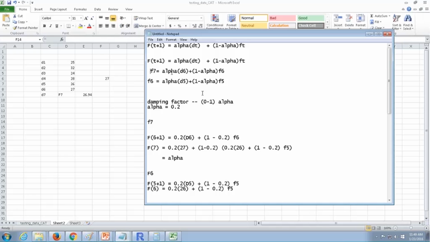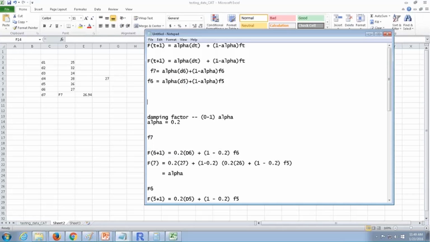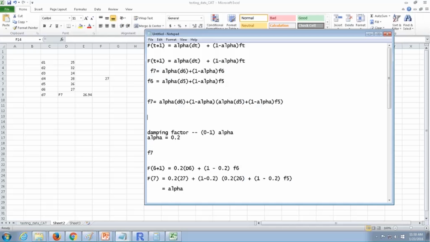Now I am going to show the relationship. So instead of this F6, I can substitute directly all these values, right? So what I'll do is I'll create another frame. Instead of this F6, I'm going to copy this formula and put it here instead of F6. Now just tell me what F7 looks like. F7 is equal to